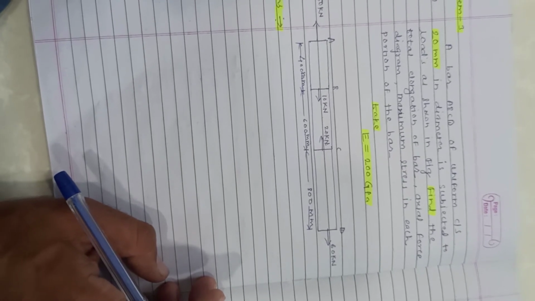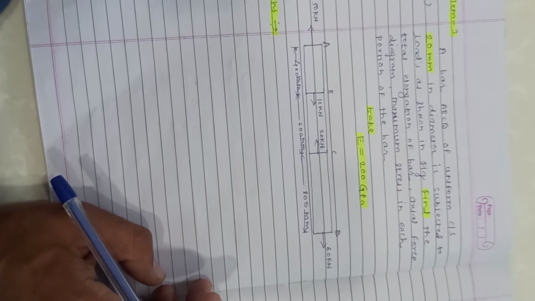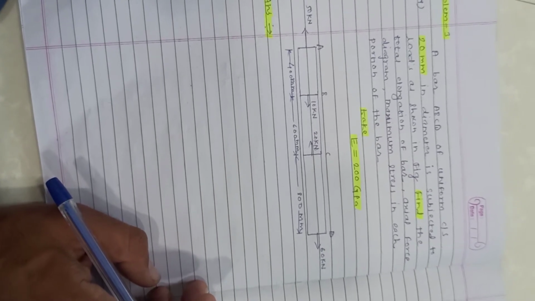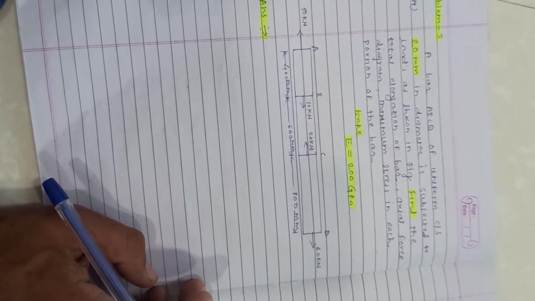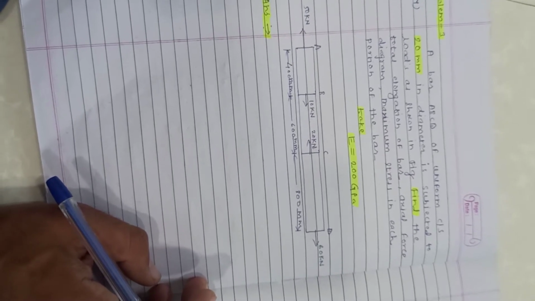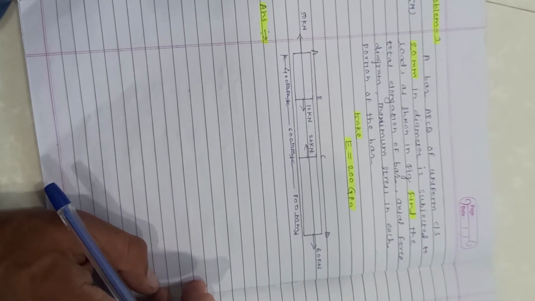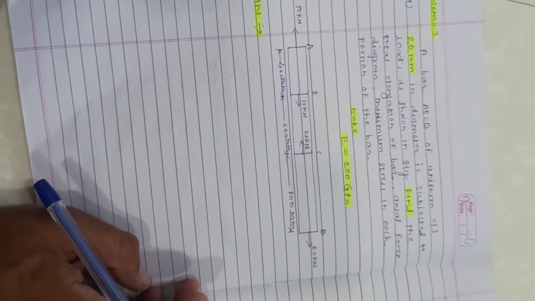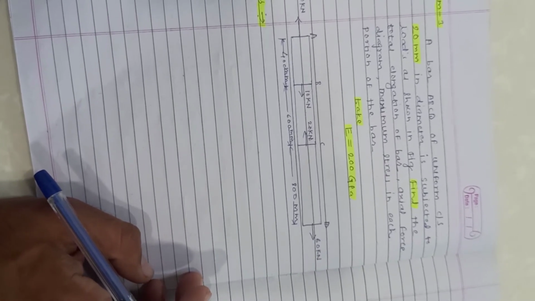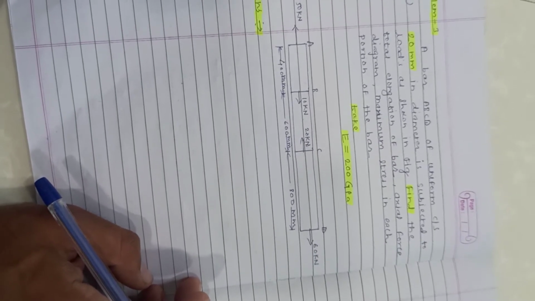Again, we will see the problem depending upon the statically determinate member. That means the number of unknowns is equal to the number of equations, or summation of forces, or we can use the condition of equilibrium. There is no need to take the condition of moment. It is called a statically determinate member. Such a problem, as I have already told you, is asked for 6 to 8 marks.